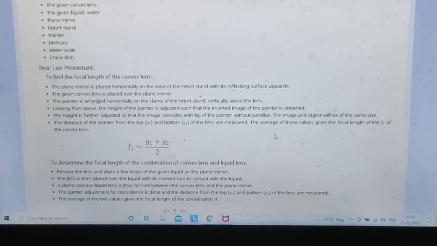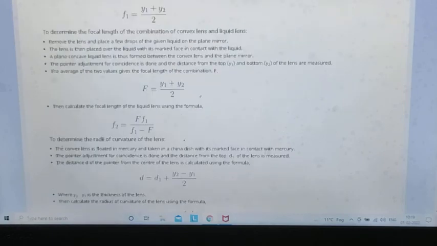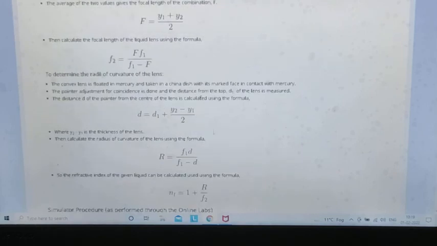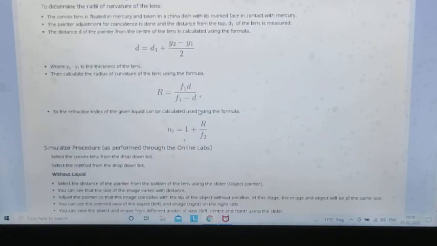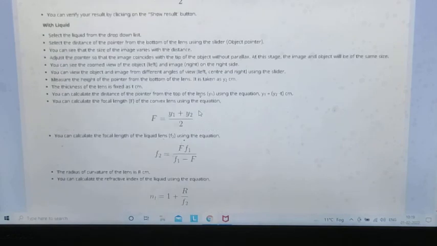There is no difference between the online lab and the offline lab. The procedure is the same, the determination of radii is the same, and the determination of the refractive index of the liquid is the same in both cases.